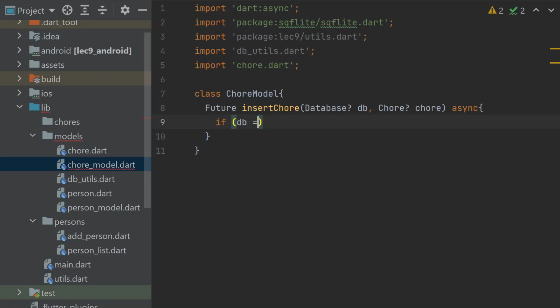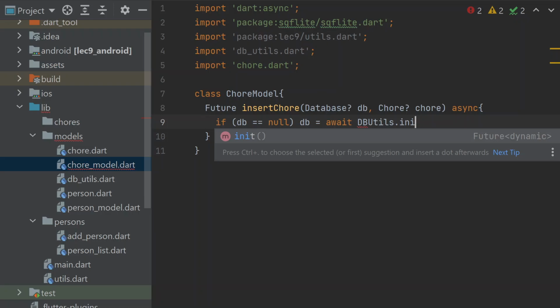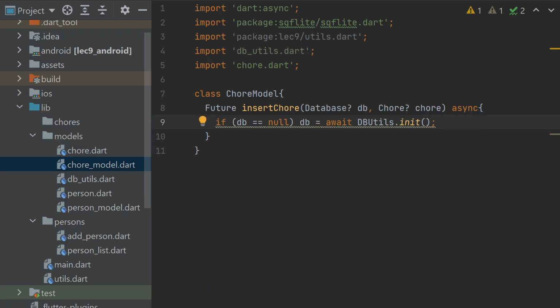If the database is null, then I will wait for it to initialize. Then we don't actually have to do anything with the result, but we will wait for db